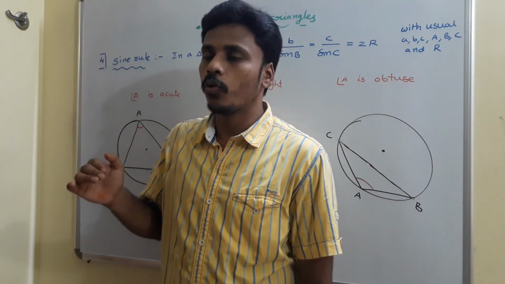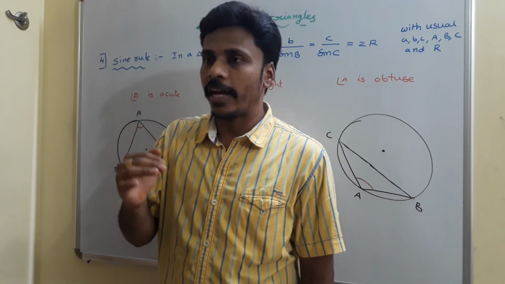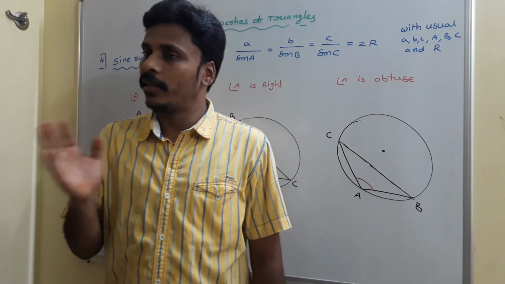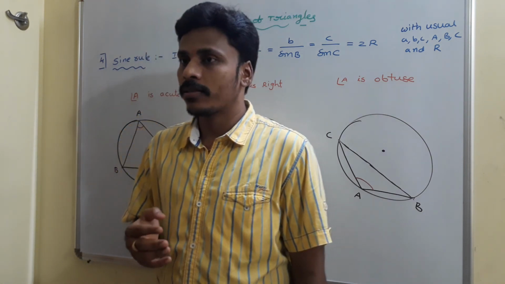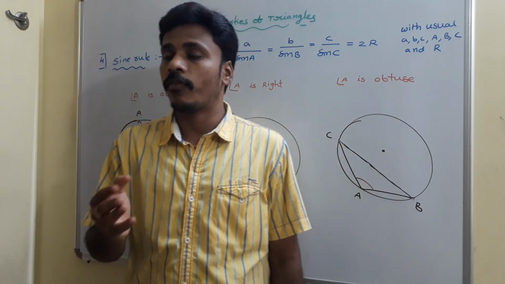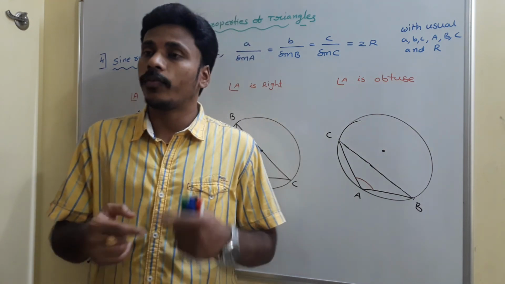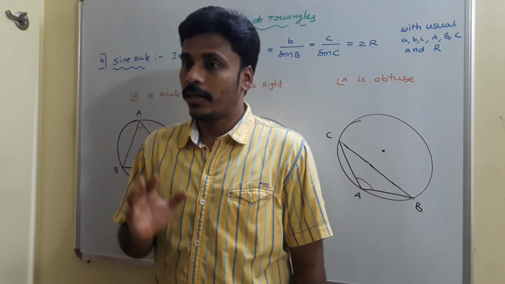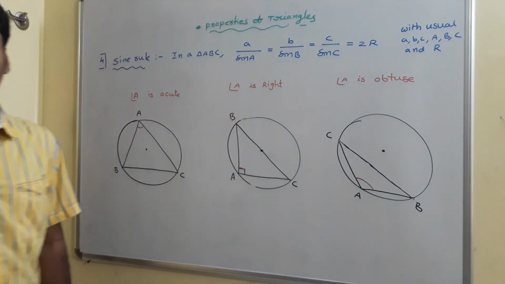Here there are rules named sine rule, cosine rule, and tangent rule. Sine, we know sine theta; cos, we know cos theta, from there the cosine rule; and tan theta, from there we will have the tangent rule. So we have these rules in properties of triangles. Now the first thing is sine rule. Let us look at the statement of that sine rule.